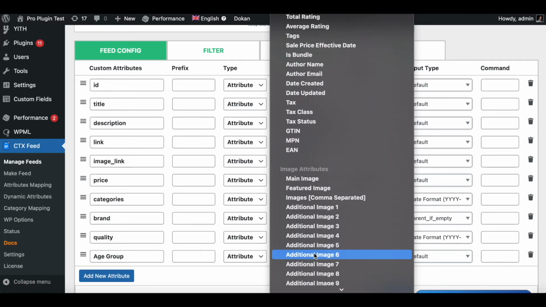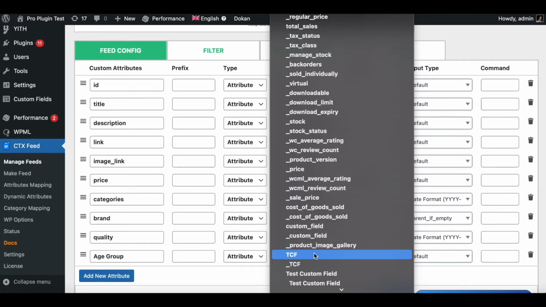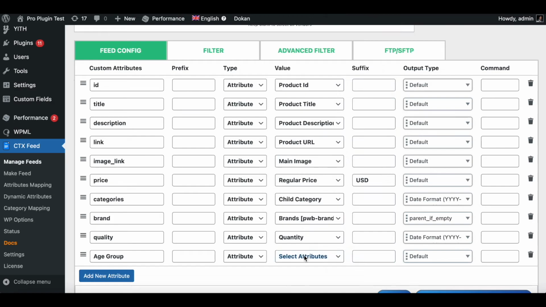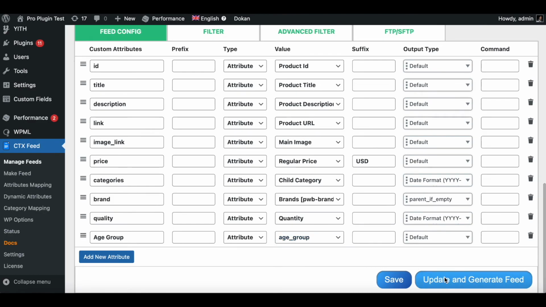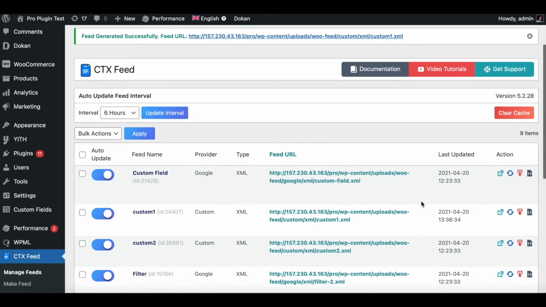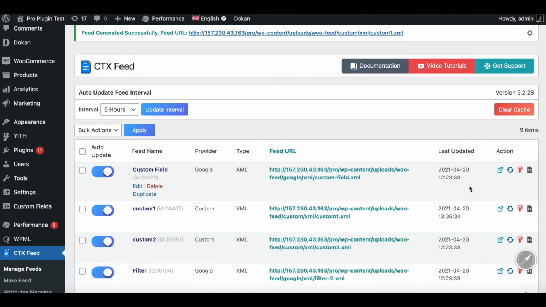So I'm going to scroll down. What I'm looking for right here, there you go, age group. So I'm going to click on that. This is the one that we have just created. And let's update and generate feed.